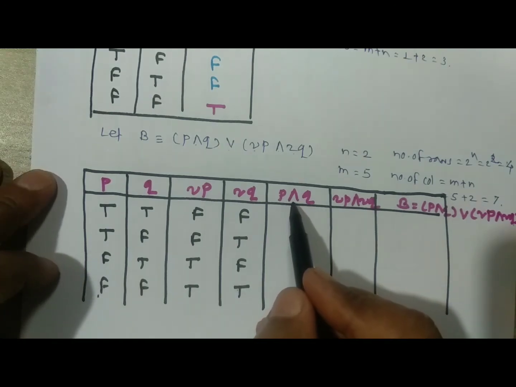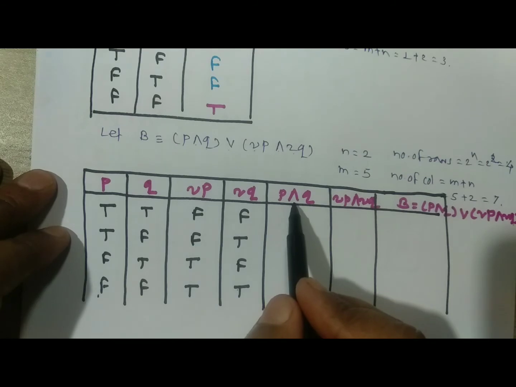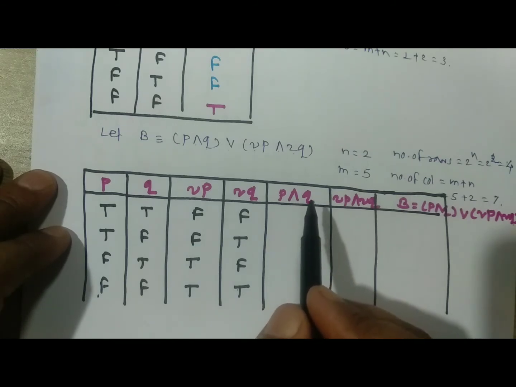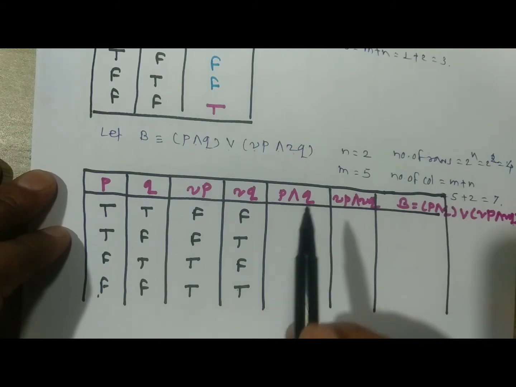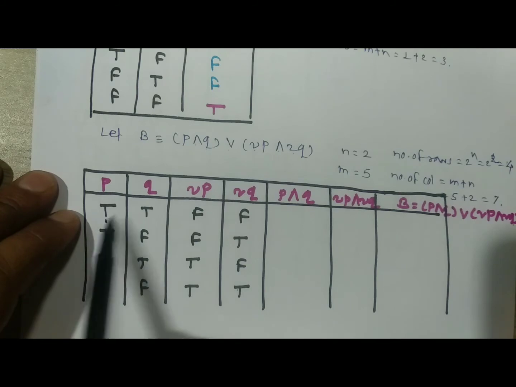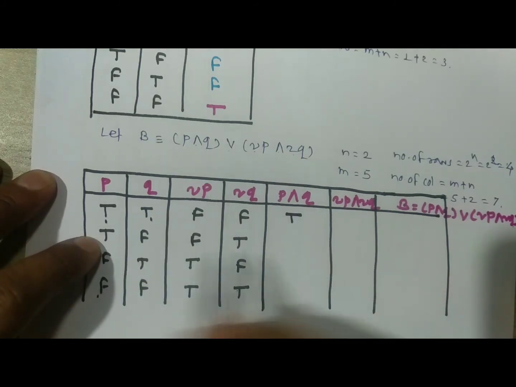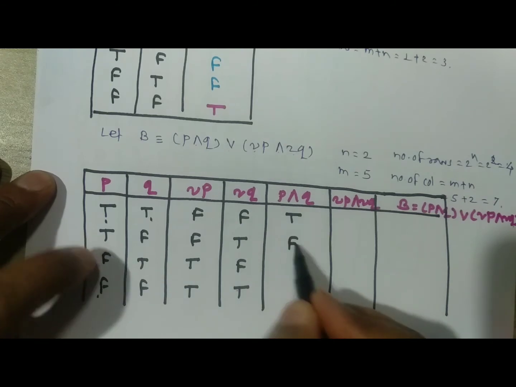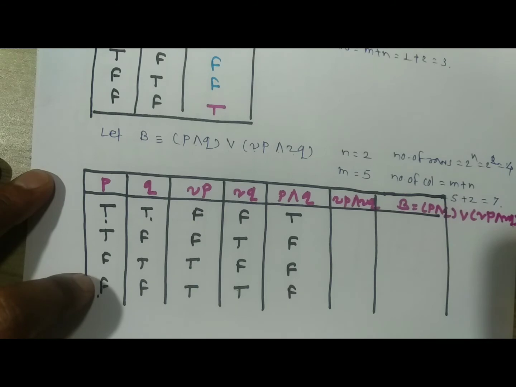According to and, if both statements in that conjunction have truth value true, then it is true, otherwise false. This is the rule of conjunction. According to that rule, negation, first statement is true, second statement is true, then it is true, otherwise false. That means you will get true, false, then it is false; false, true, then it is false; false, false, then it is false.